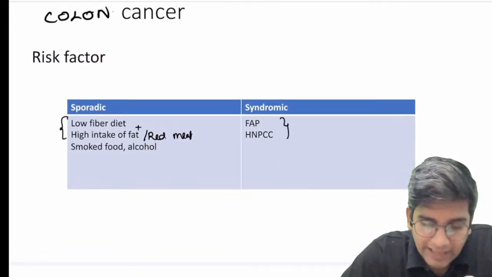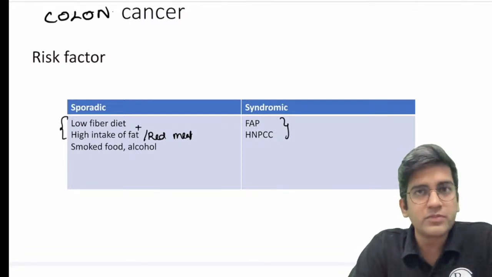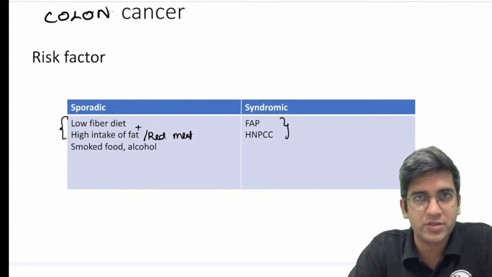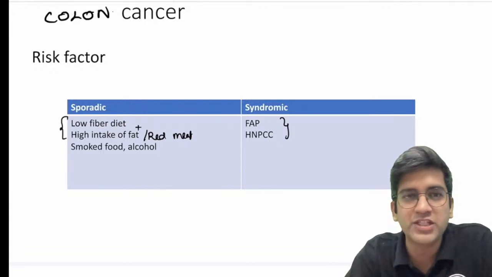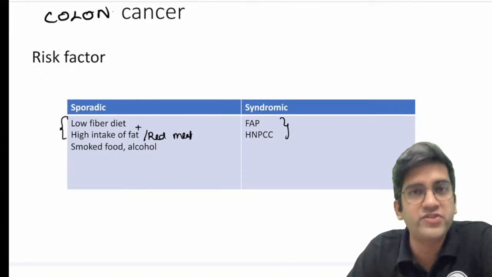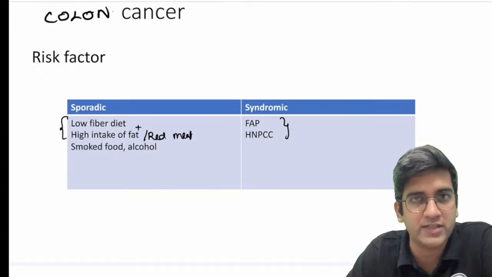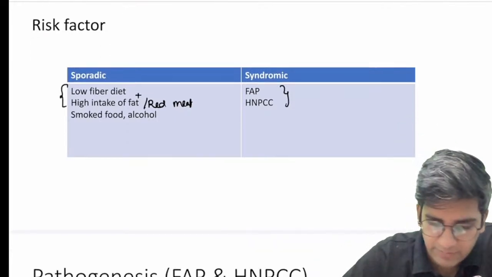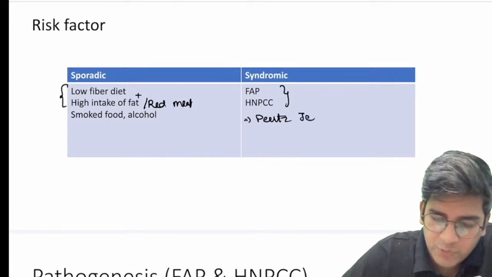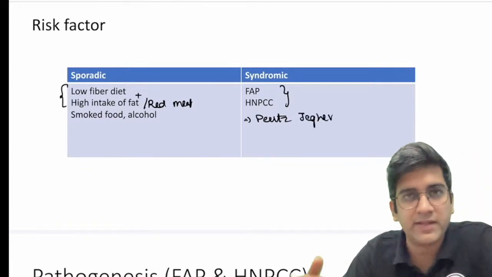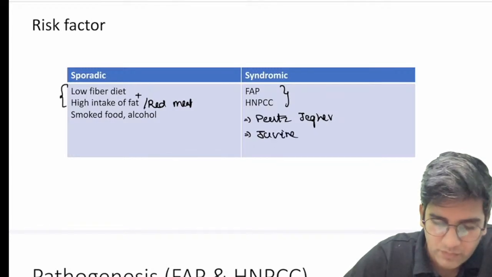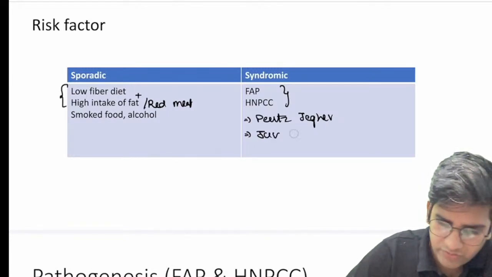Syndromic, at least mention these 2 syndromes. So something basics. If you want to score more, you know many syndromes. Can anyone tell any other syndrome which can cause colonic cancer? You can write them also, because all of the polyposis syndromes will definitely increase risk of colonic cancer. Any other syndromes? We have multiple of them, right? We have your Peutz-Jeghers syndrome. If you want to write extra about the pathogenesis, write about the pathogenesis. We have juvenile polyposis syndrome. Okay, that also we can write extra, right?